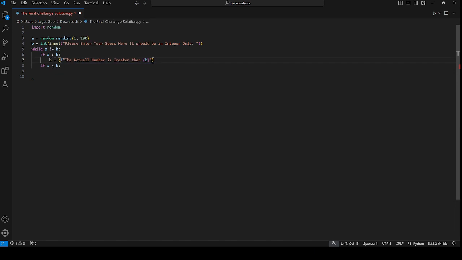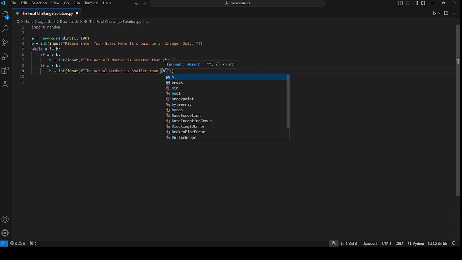I need to do B equals int input, and here I will type, wait, I need to make this a string, the actual number is smaller than B,